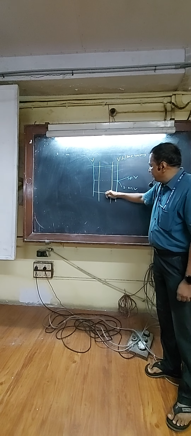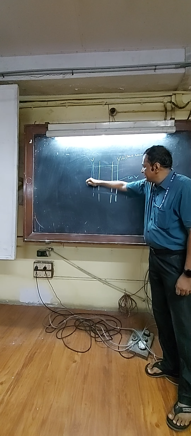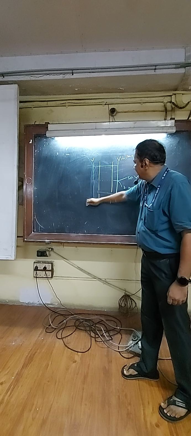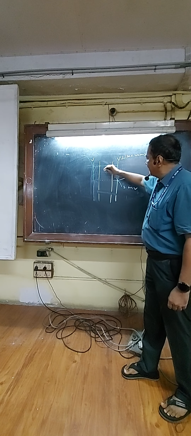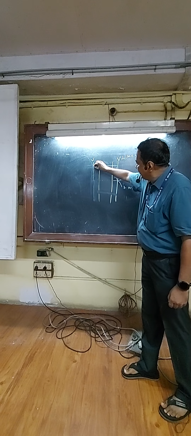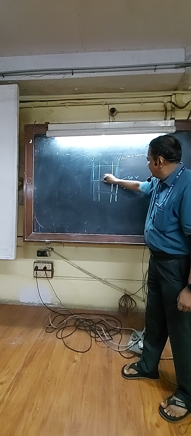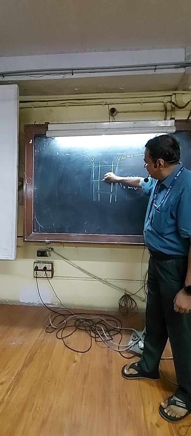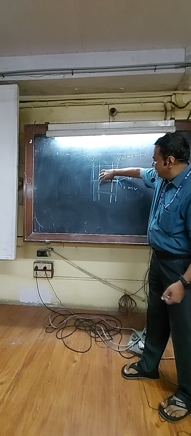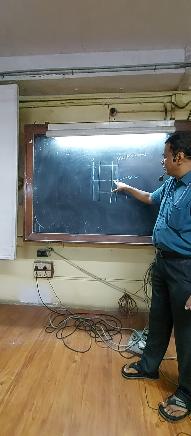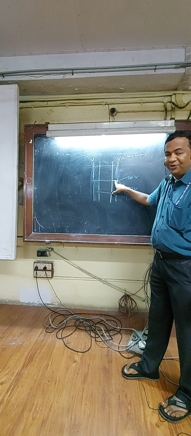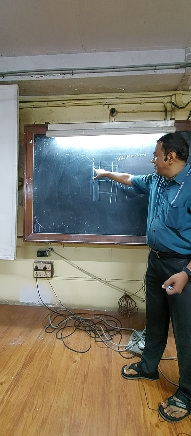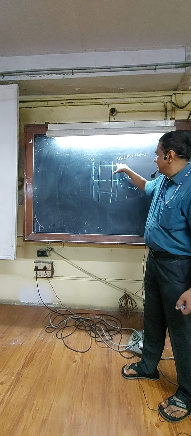So then the majority of this part disappears. Ultimately, this part remains like this. So this forms the portal vein which is running behind. Now this gut becomes like this. So this forms the infraduodenal part. This will form the retroduodenal part. This will form the supraduodenal part. And this forms the right branch and this forms the left branch.